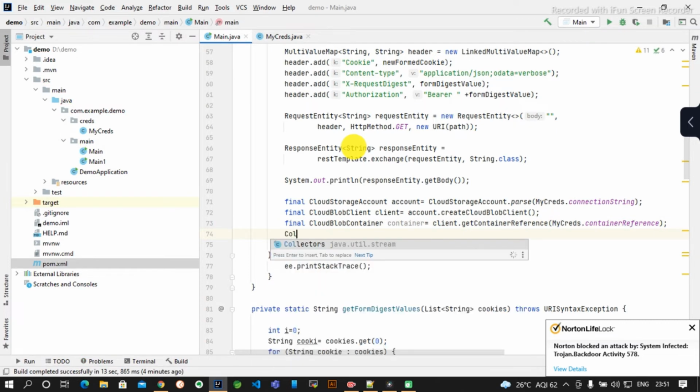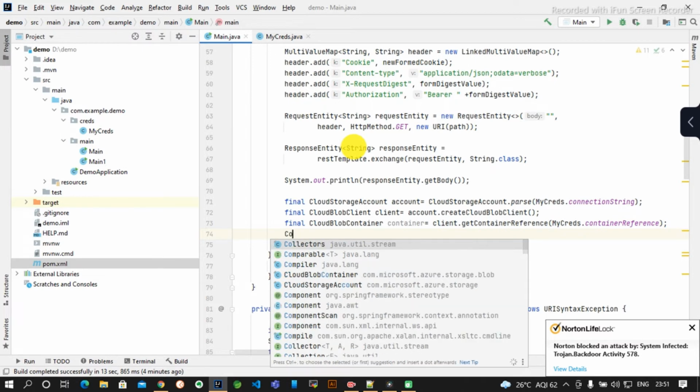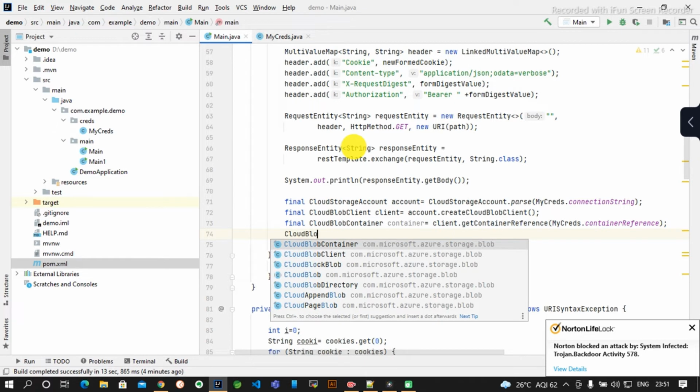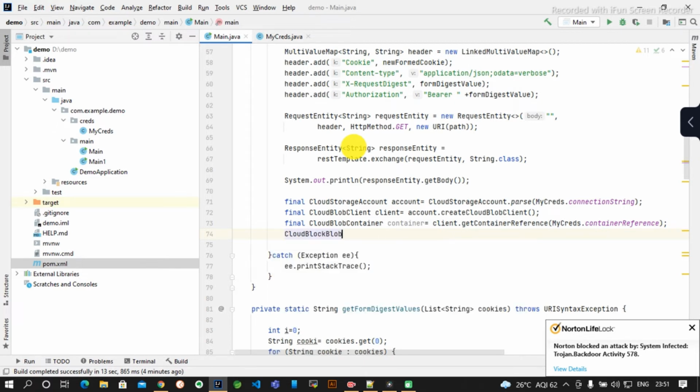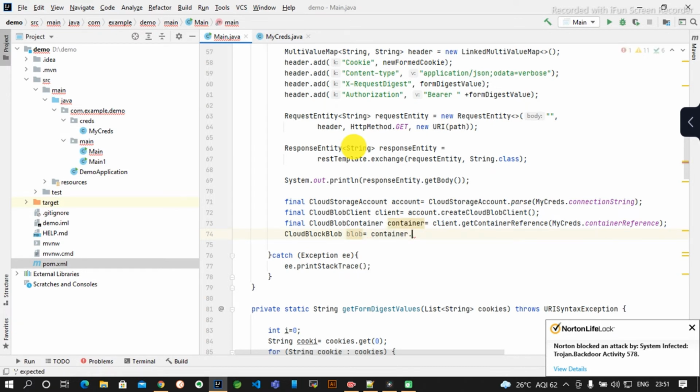Then we will use the cloud block blob. This is a class provided by Microsoft, a helper class. Cloud block blob, container dot get blob reference. Here we need to put our file name. What is the file name that you want to put in your Azure Blob Storage?